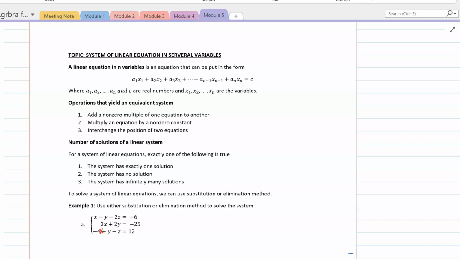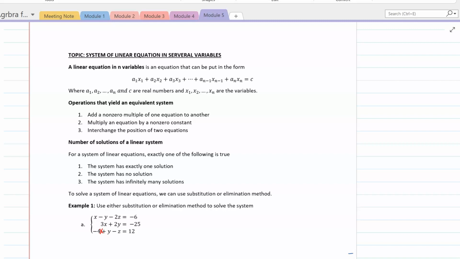Systems of linear equations in several variables. We will focus more on systems of linear equations in 3 variables in this lesson. And before we solve systems of 3 variables, let's go over some operations that we can use to solve the